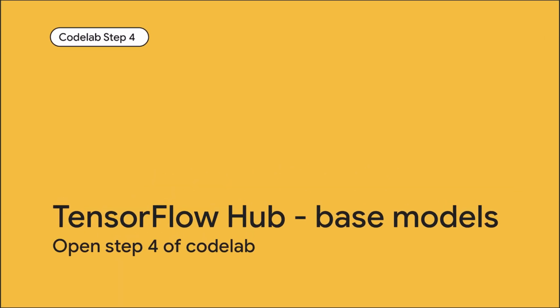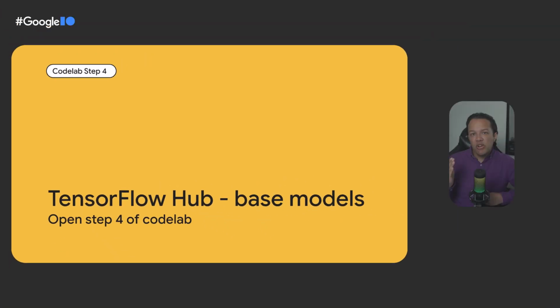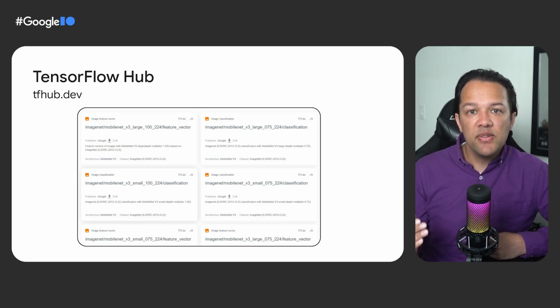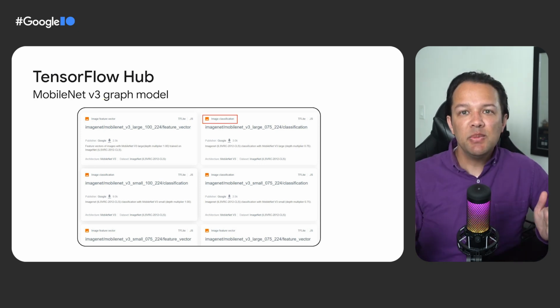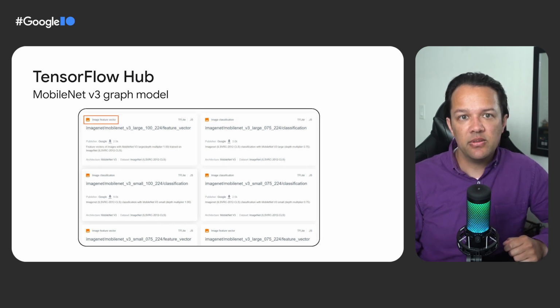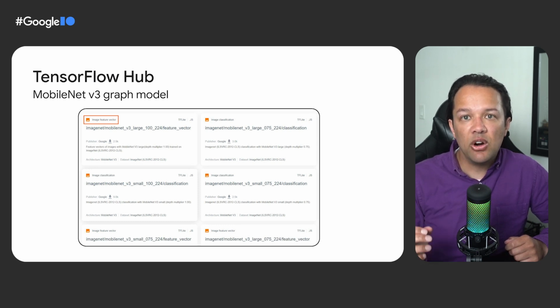So how can you get your hands on subparts of a model? Head on to step 4 of the code lab. Well, for more advanced research models like MobileNet, if you head on over to TensorFlow Hub at tfhub.dev and then filter for models suitable for TensorFlow.js that use the MobileNet v3 architecture, you'll find results like the ones shown on the slide. Now, some of these results are of type image classification, and others are of type image feature vector as shown. These image feature vector results are essentially the pre-chopped up versions of MobileNet that you can use to get the image feature vectors instead of the final classification. Models like this are often called base models, which you can then use to perform transfer learning.